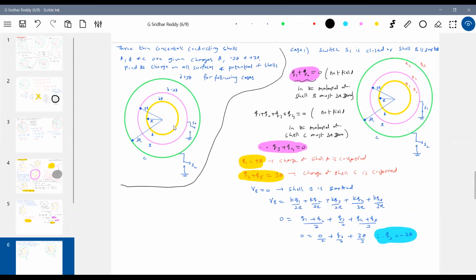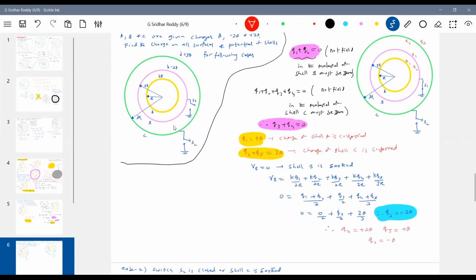So let's write all the things now. Therefore, if you know Q3, Q4 is equal to how much? Plus 2Q. If Q4 is 2Q, Q5 will become Q. Q1 is already Q. So Q2 will be minus Q. So what will be the final charges on the system? The final charges will be